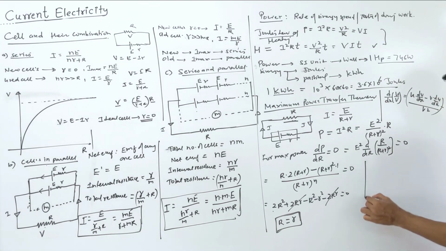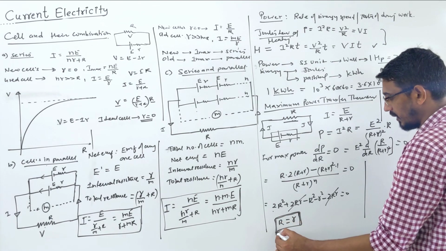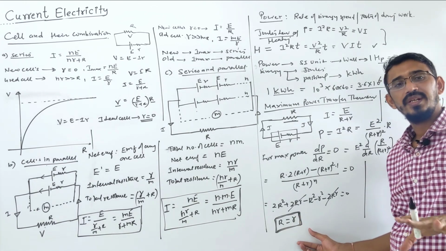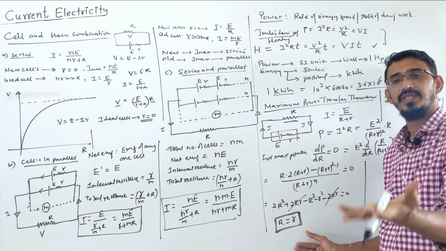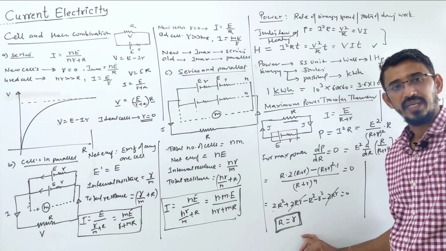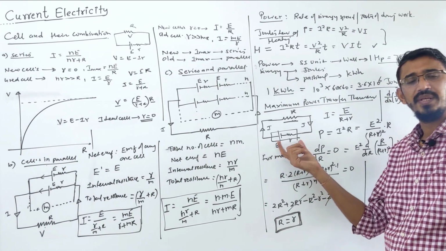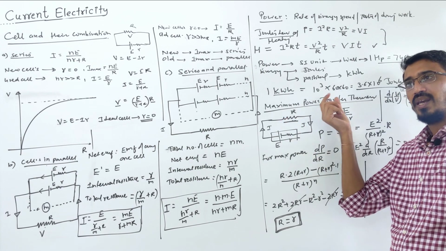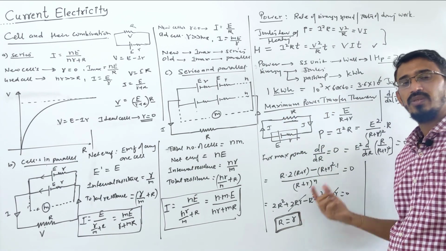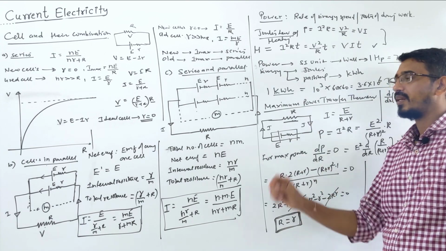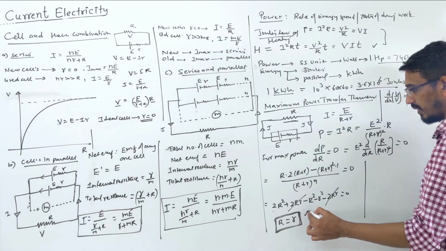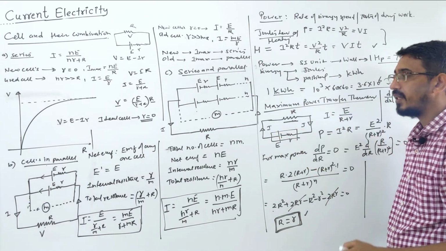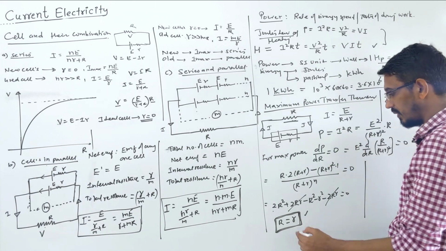So suppose you want to draw a circuit, this is the condition. Please write in words carefully that when the total internal resistance is equal to the total external resistance, then the circuit will transfer maximum power. Here I gave the example of one battery only, there may be 10 batteries. You calculate total internal resistance, there may be 2 or 3 resistances externally. You calculate total external resistance. If total internal is equal to total external, then the circuit will transfer maximum power.